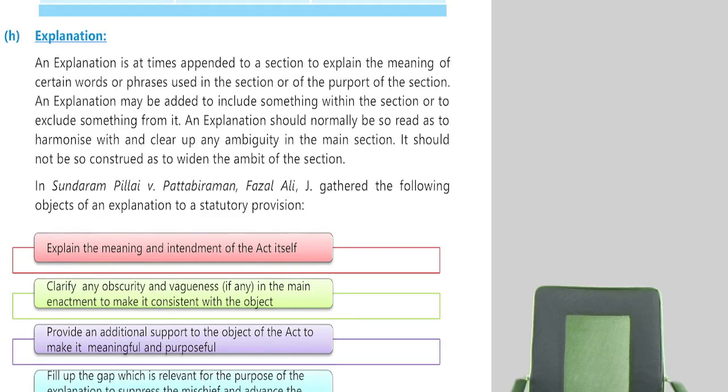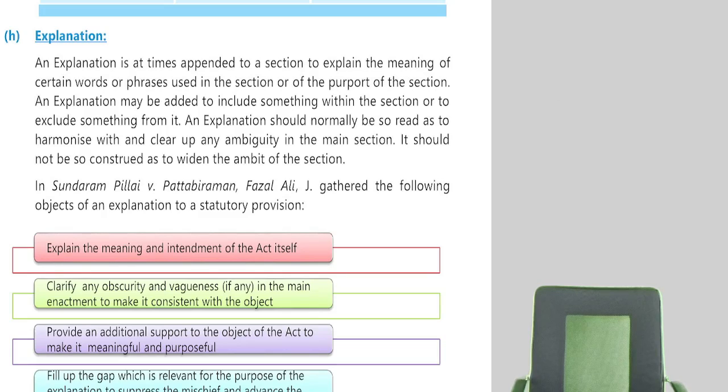That's all. Explanation is not a continuation to the section. Already the section was completed. In that section there is a technical word that is not defined in section 2. That word can only be defined in explanation. Correct or not, everyone? Explanation cannot increase the scope of the section. Explanation can give an idea about the words in the section.